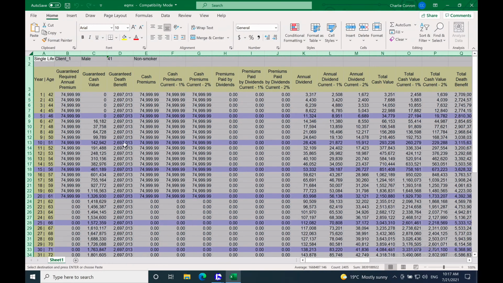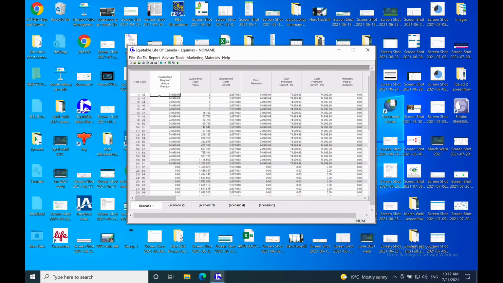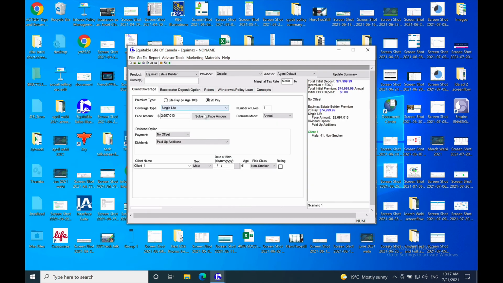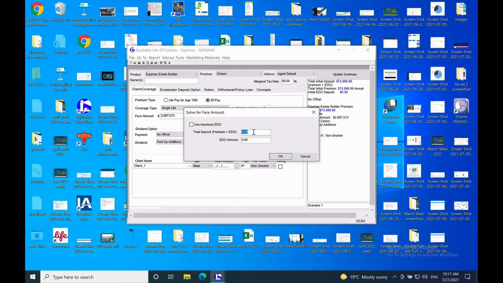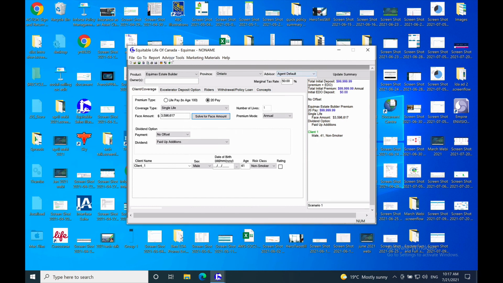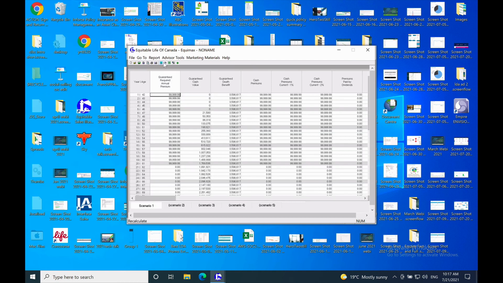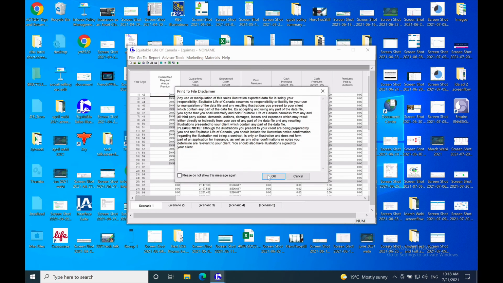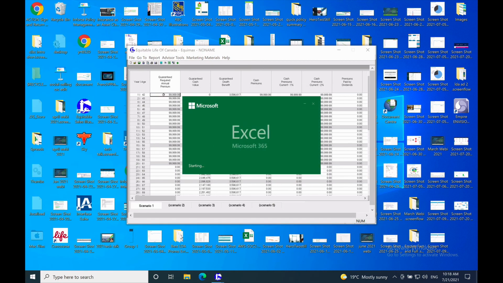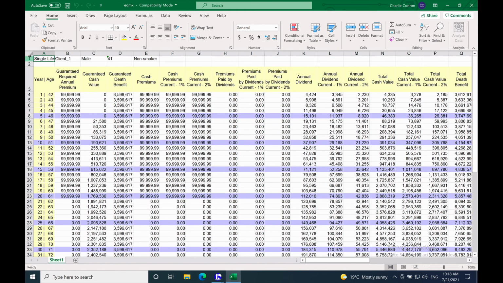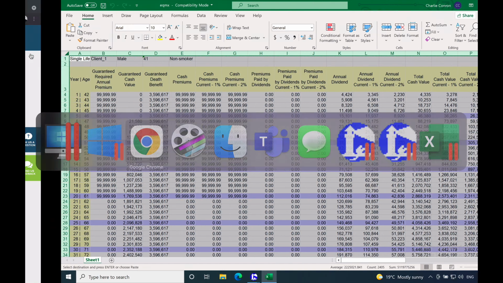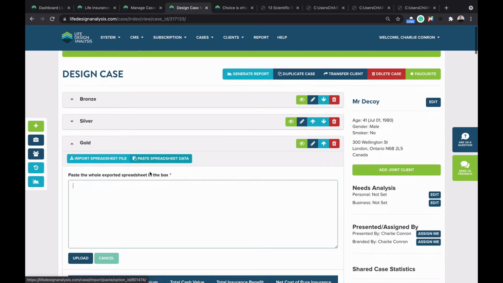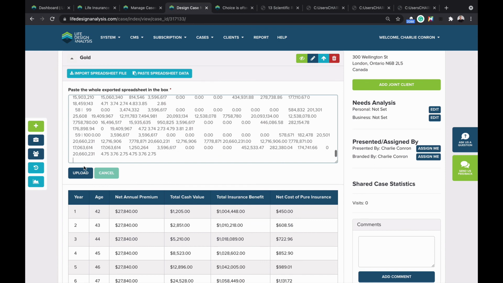While that's uploading, let's go back to Excel here, close that out. And our final option here is going to be solve for $100,000. Again, product design does make a difference, right? Because we could certainly mix in some ADO to make these different options work and increase that. But for the basic concept of just focusing on deposit, again, great way to do it. I'll export it to Excel. Now we've got our $100,000 deposit, and this is going to be our gold option. Again, copy that, come back to LDA, and I'm just going to overwrite that data by dropping it down, pasting it on top,